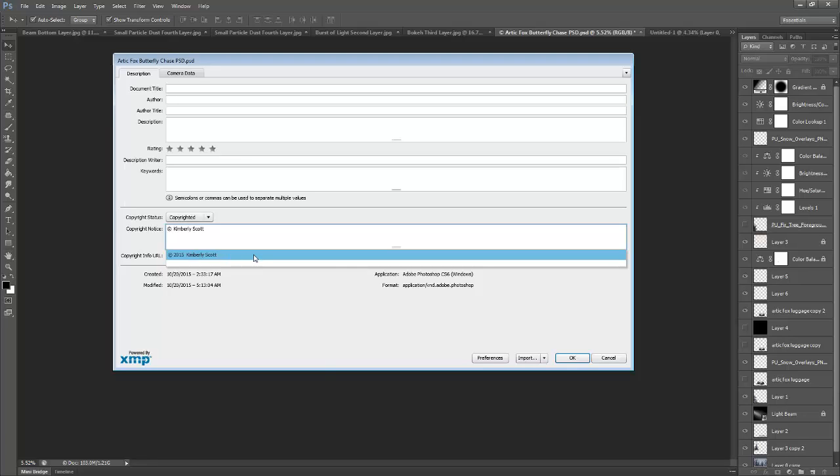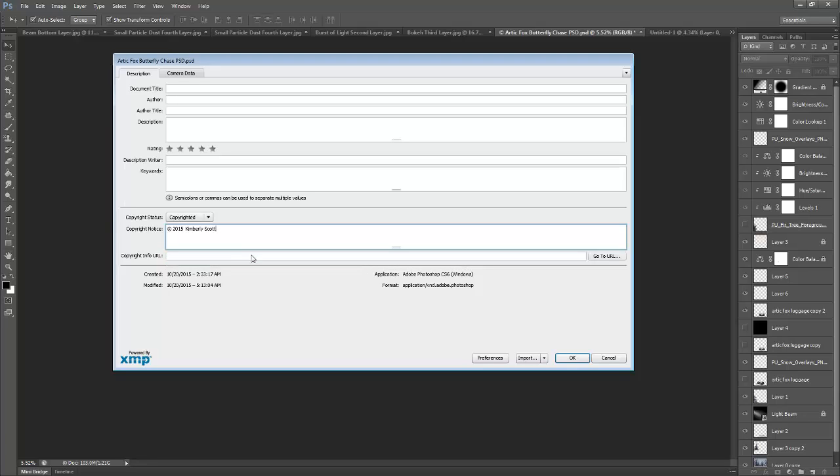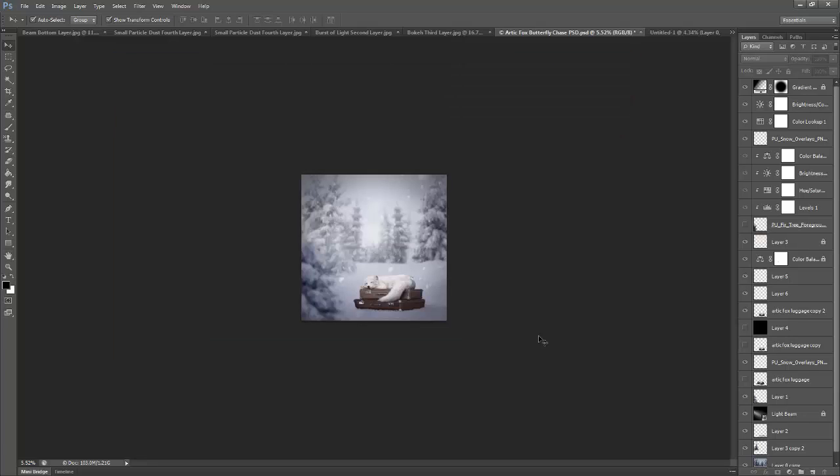Also, if you have it set where your computer will remember what you type, it will always show up in your copyright info as you drop down, or your copyright notice, and you will not even have to type it out every single time. You can just go ahead and click on it and it will enter the rest for you. So then you just want to go ahead and click OK. You will see that copyright symbol right here,